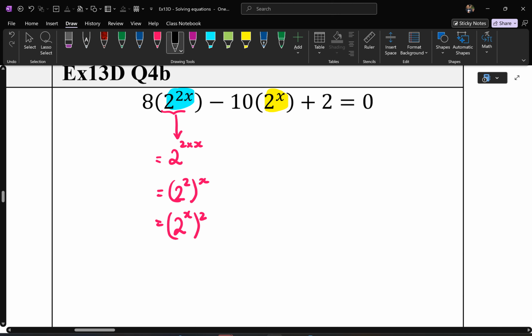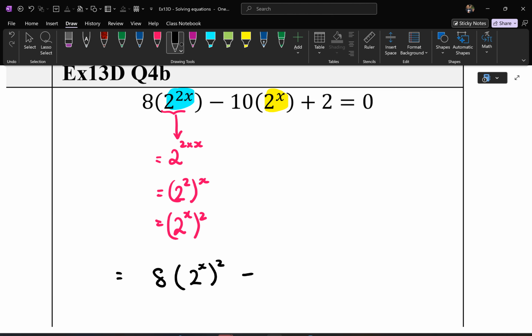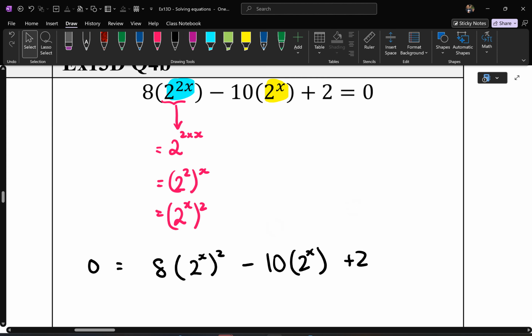Because you now have 8 bracket 2 to the x squared, take away 10 bracket 2 to the x, plus 2, it's all equal to 0. Now for some of us, this still looks confusing. But if I highlight it,